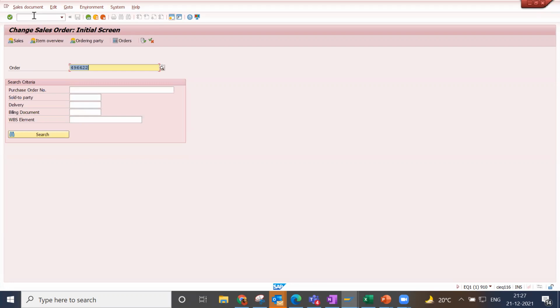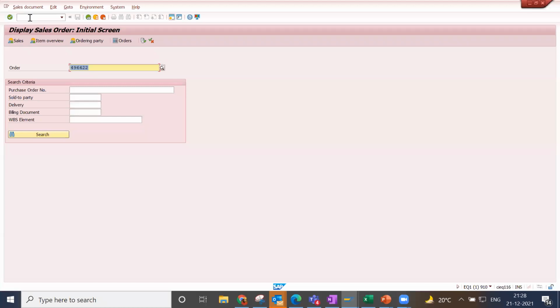You guys are making a note, right? So to create a sale order, the transaction code is VA01. To change the sale order, it is VA02. For display, VA03.